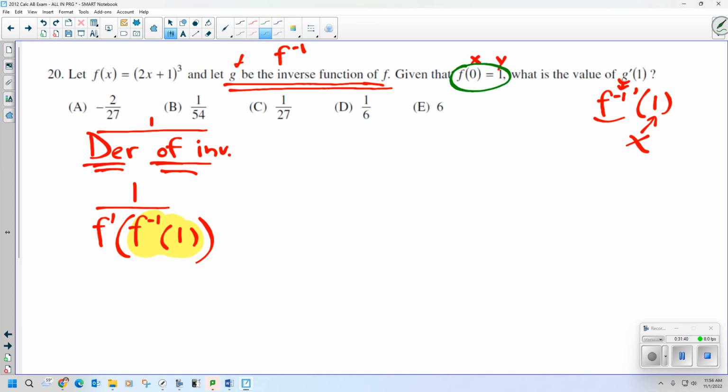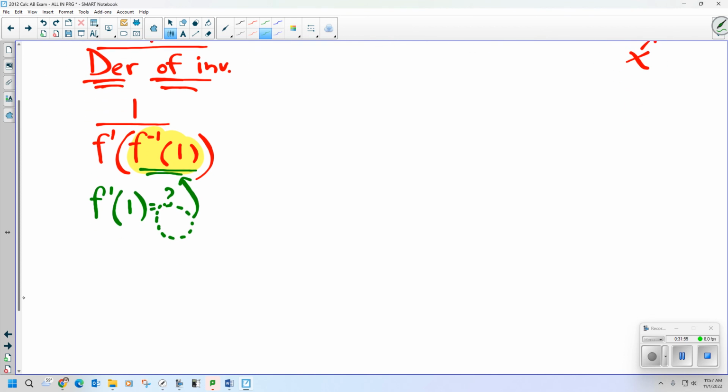If I want the inverse at 1, I'm finding this right here, because whatever this is, it's going to go in here for the derivative, or excuse me, the inverse of f. I go to the original equation, and I flip my x and y values, meaning this comes here, it's a 1, and whatever this is going to go here. This is where